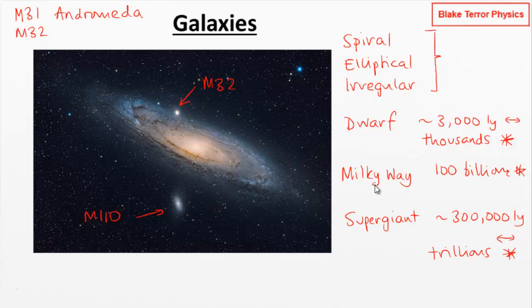But then these galaxies get clustered together. You'll get clusters of galaxies, just like you get clusters of stars. You then get super clusters of galaxies. I didn't mention the diameter of the Milky Way as well, did I? So let's say 90,000 light years across. So again, that puts it in between these two extremes. So you get groups of galaxies, and then these clusters of galaxies, then super clusters of galaxies.